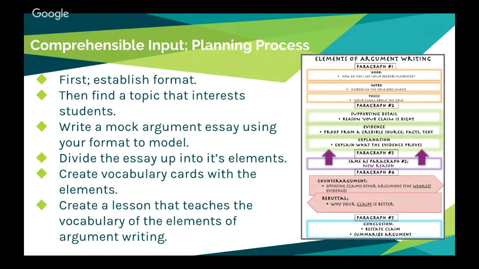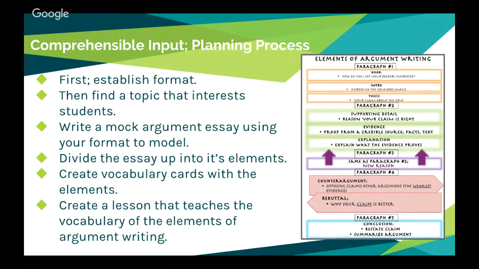So then we needed a topic to argue, right? And we wanted to find something that interests students. At the time, Justin Bieber was popular, so we used Scholastic Scope. If you don't get Scholastic Scope or Scholastic Action, I definitely recommend it. They had an argument article on whether or not Justin Bieber should be deported because he's from Canada. We realized that for an argument essay, there is research involved, which is reading. So we printed copies of the article for students to read ahead of time,